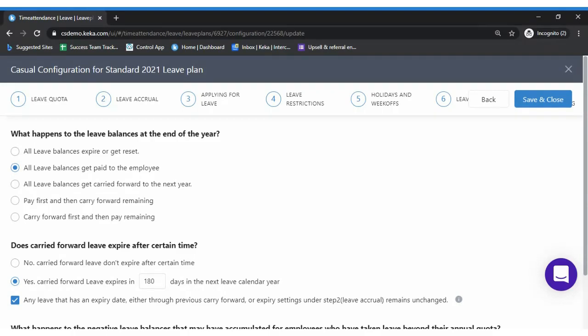So if you want to do the encashment irrespective of the balance the employee had, you can select the second option. I repeat, irrespective of the balance he had during the year end process, if you want to do the encashment, you can proceed with the second option, which is all the leave balances get paid to that employee. Moving on to the next option, which is all leave balances get carry forwarded.